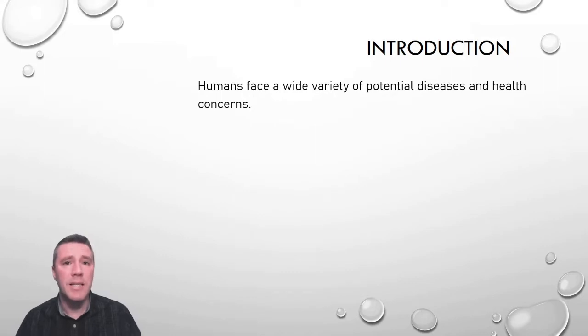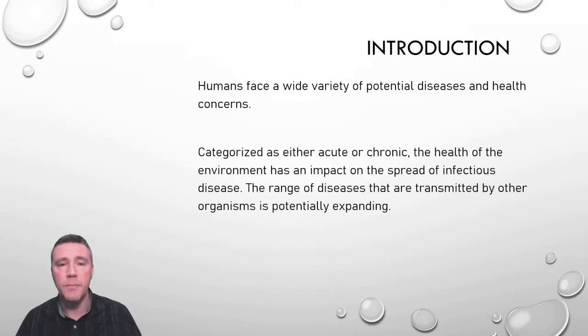A disease is any impaired function of the body with a typical set of symptoms. Those that are infectious are caused by pathogenic agents, such as bacteria or viruses. All diseases can be categorized as either acute or chronic. Those that are acute cause impairment more quickly than those that are chronic, which typically develop over a much longer period of time.